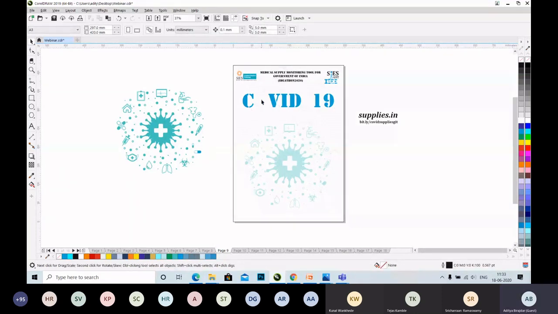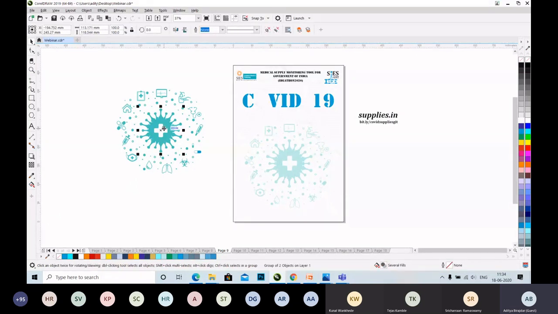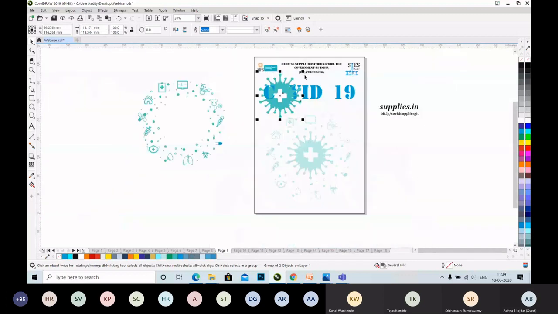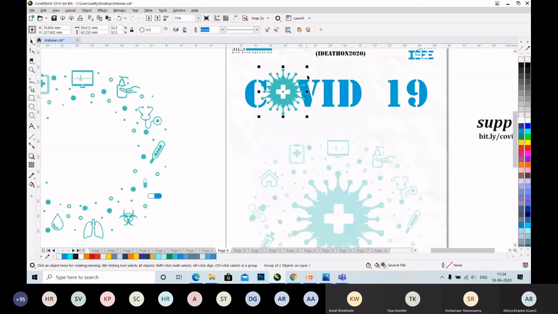As you can see, O is missing for COVID-19, and we can very well use this corona looking vector over here as O. Now we have to add a dash over here. You can see one capsule looking structure. We can use this as a dash too.